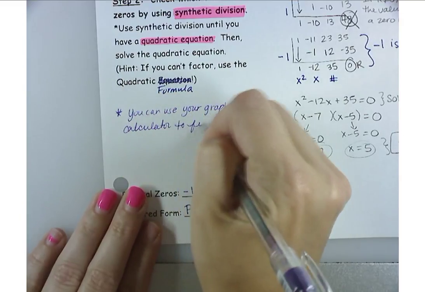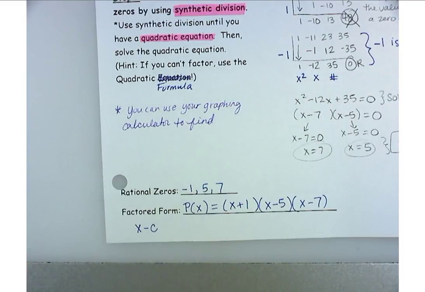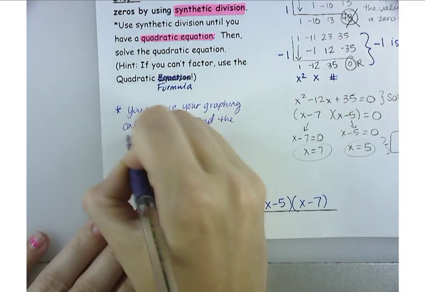What would you be looking for? How would that help you if you graphed it on your graphing calculator? You'd see your x-intercepts, right? And what are x-intercepts? They're your zeros. So then instead of having to guess and check, you'd be able to pick out some of the zeros, and then you would know that you would try one of those first. So you can use your graphing calculator to find the x-intercepts,